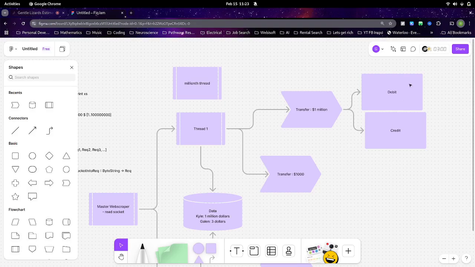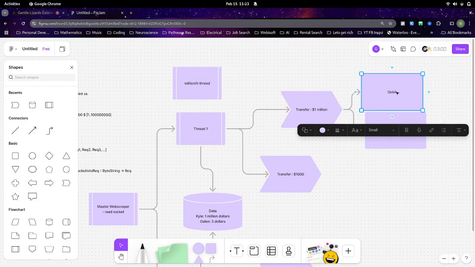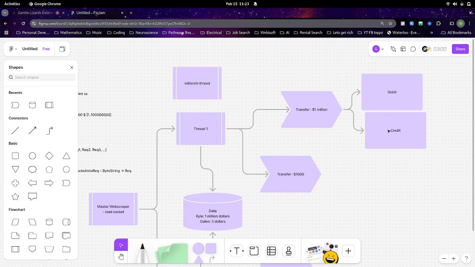So we take the money from Kyle and we put that money in Galen's account, for example. The debit is taking from the account, and the credit is putting into the account. And so we, of course, always want the debits to equal the credits, and never have an issue with that ever.